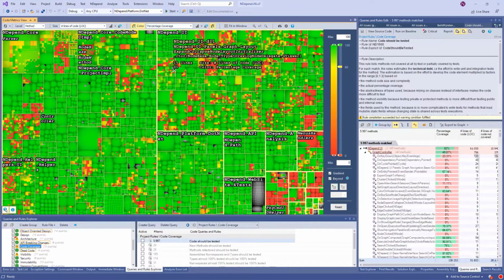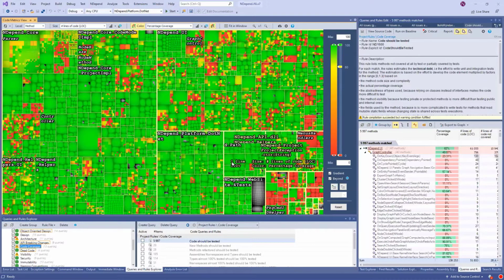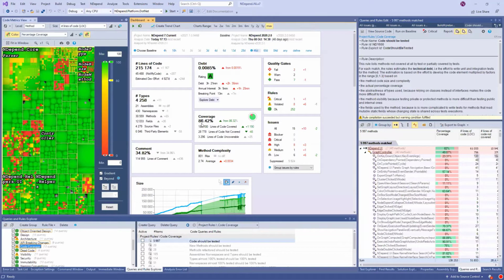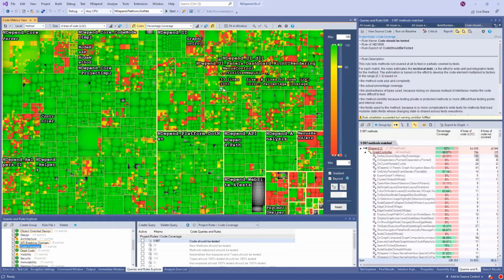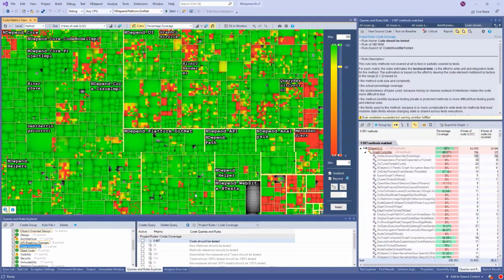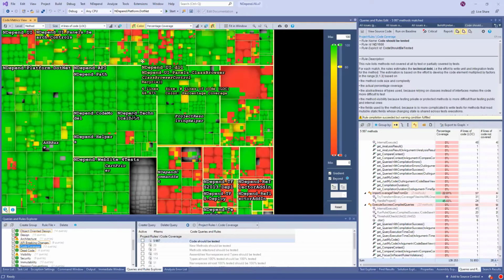And a super cool feature is that you can explore your code coverage this way. Here I can see that in NDepend there is a lot of green, so there is a lot of code coverage. And actually, if I go to the dashboard, I can see that it's 86% covered. Okay, so that's not bad considering all the UI it has. And you have this view that can tell you where, for example, here there is a lot of code to cover, or here also. So maybe something should be done if I want more code coverage on my application.